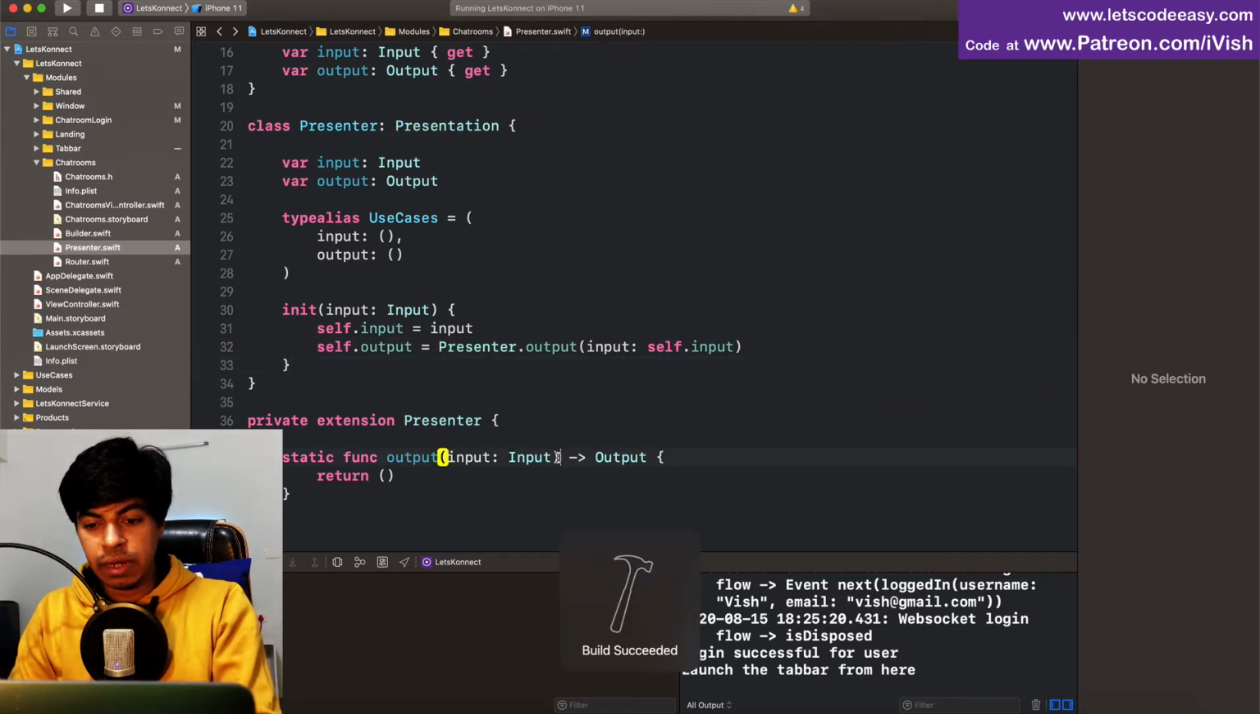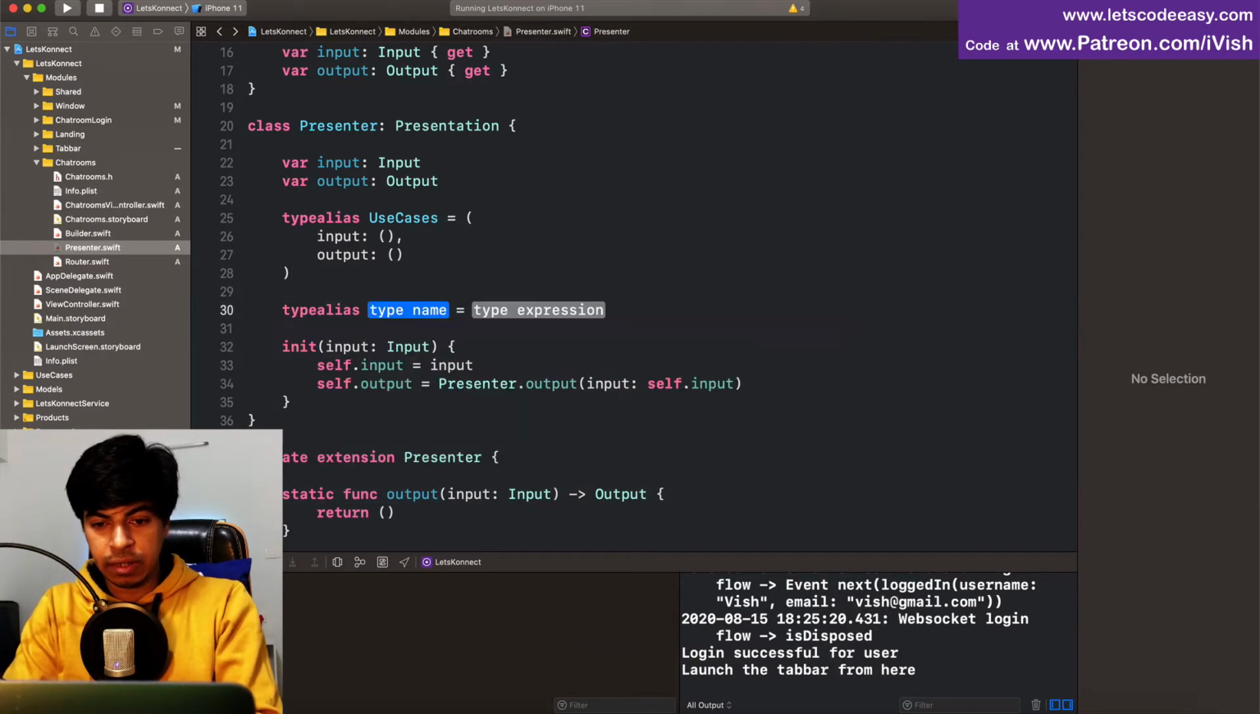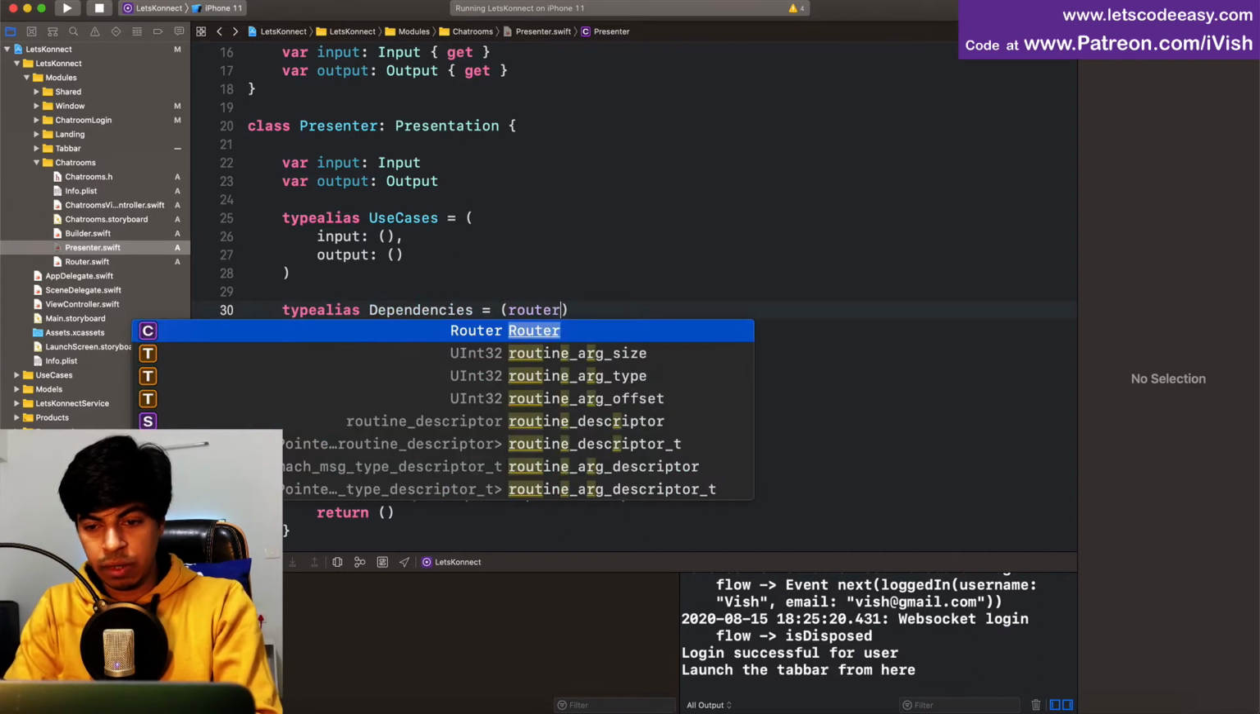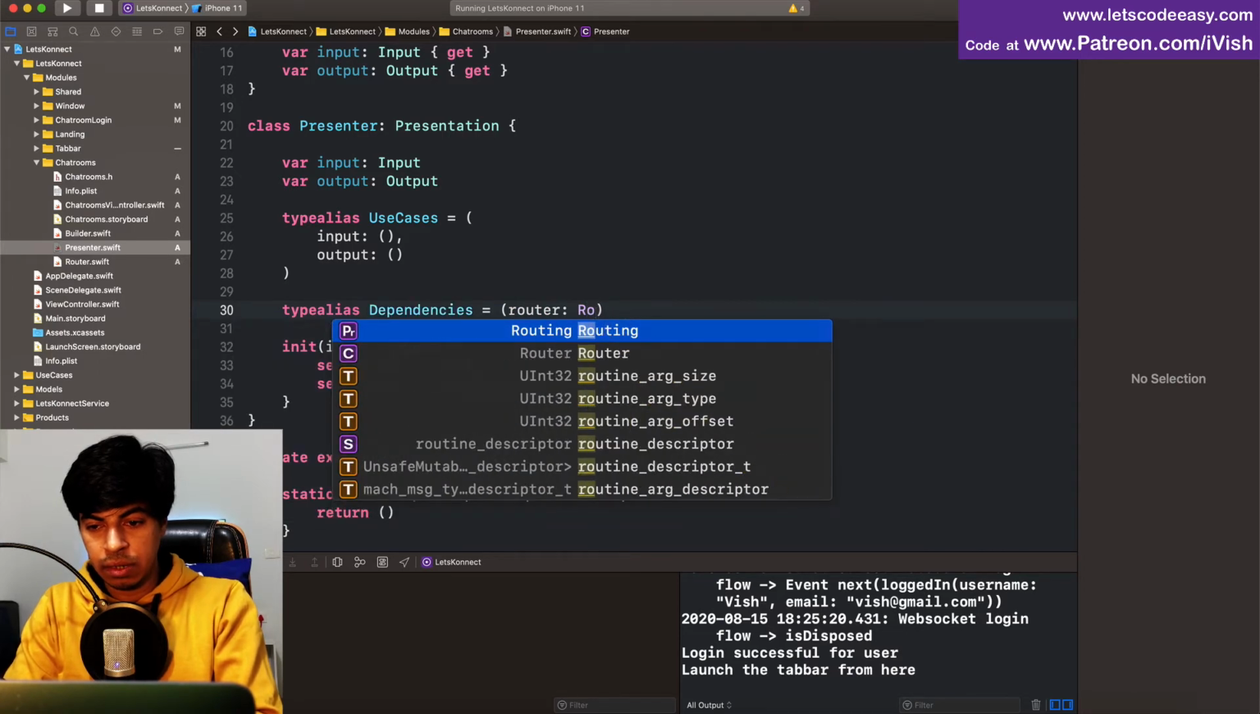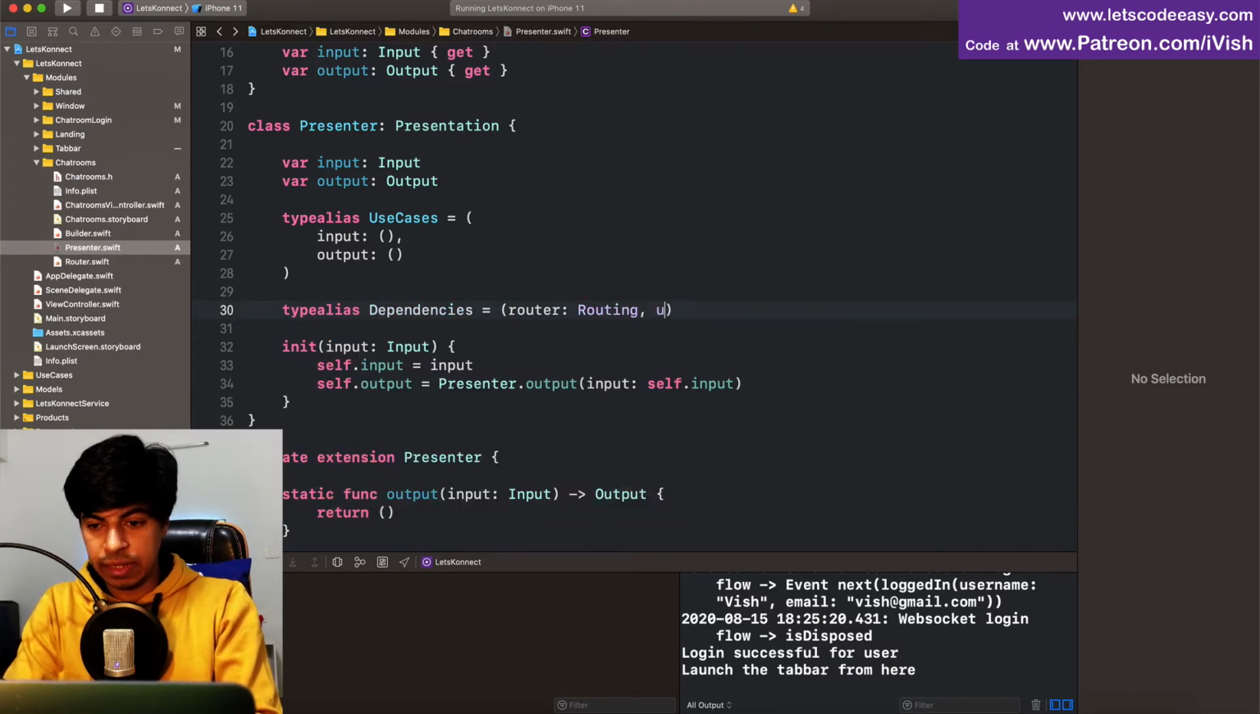And it might also need something called the dependencies. So let's also define one type alias called dependencies, which can be anything. It can be input is one thing. One is a router. Routing is one dependency. Use case can be another dependency. Use cases. So this is another thing which I am going to pass as a parameter, dependencies,